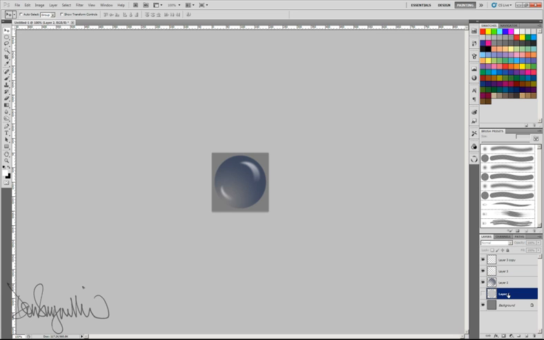I'm going to go ahead and load a selection. So on this bottom layer that up to this point I've just kept hidden, I'm going to Control click, and I saved it just for this reason, so I could load selections off of it. I'm going to create a new layer, and I'm going to fill this again with a gradient, but this time I want to pick this rainbow gradient here, and